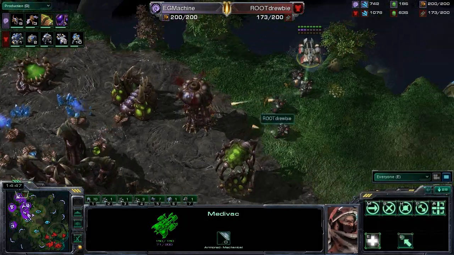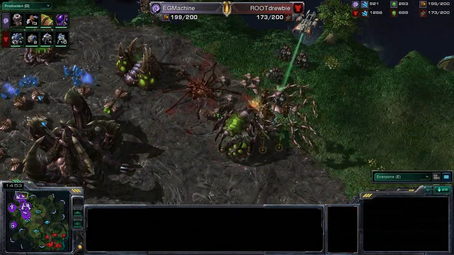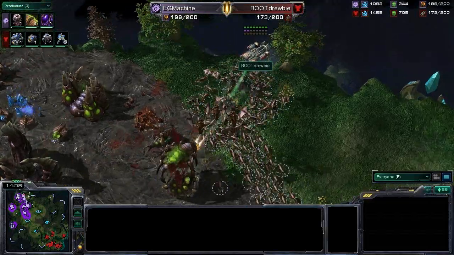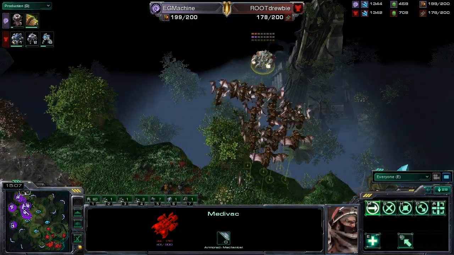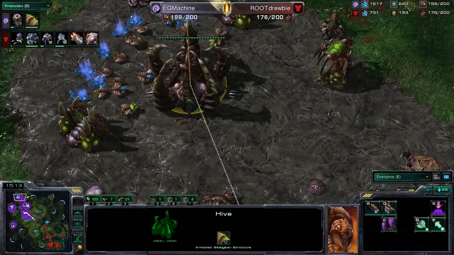Oh, that drop is going on now, and drewbie gets those marauders in there, stims up, and he does take out the spire. Big hit against Machine. Machine is already building a second spire. I have to believe that this medevac and these marauders are forfeit now, but great little setback there that drewbie just did a drop, killed the spire, and hey, bought himself 100 in-game seconds for Machine to have to rebuild